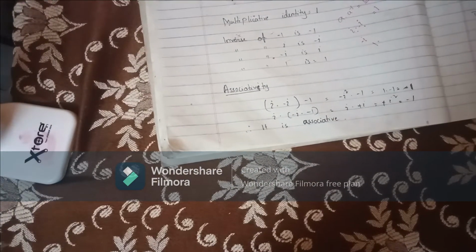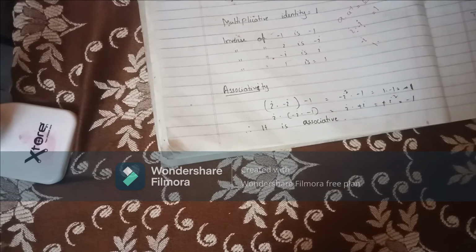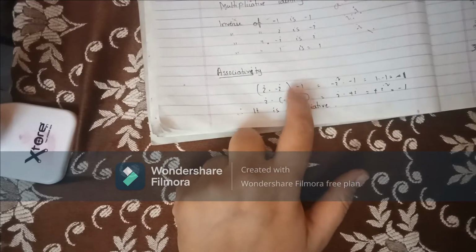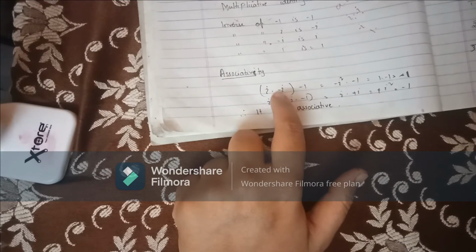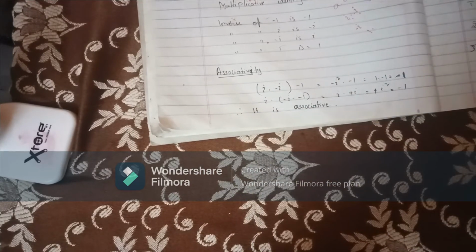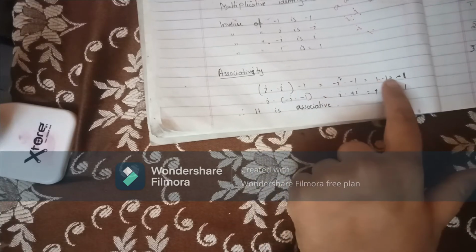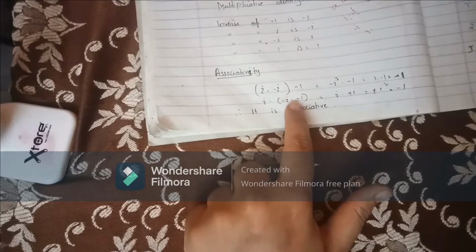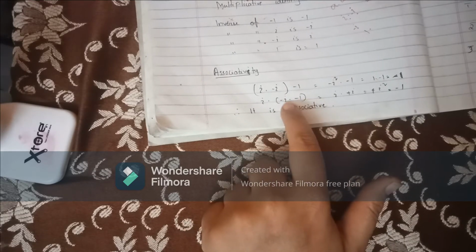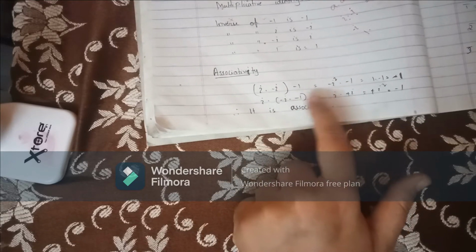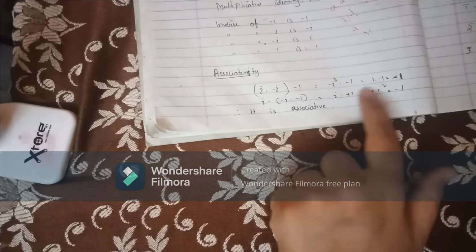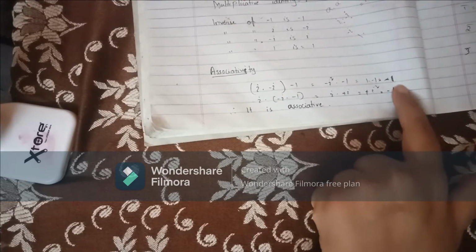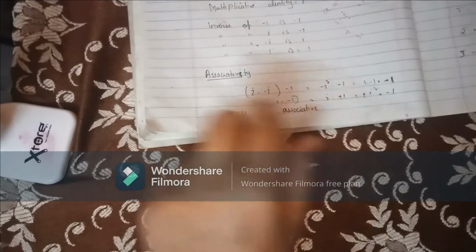Now we have to prove the associative property, and associative property means we have to take any three elements. So I took three elements here: I, minus I, 1. First we will multiply these two, it will give us minus I square, minus 1. Minus I square means 1 multiply minus 1, which is giving us minus 1. Now I multiply minus 1. So first we will solve these two. I multiply I means plus I square, which is equal to minus 1. That means the LHS and RHS are equal. That means it is associative.